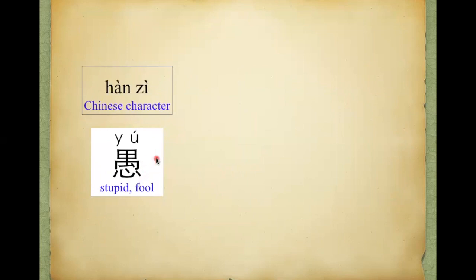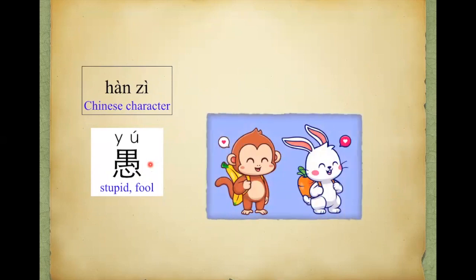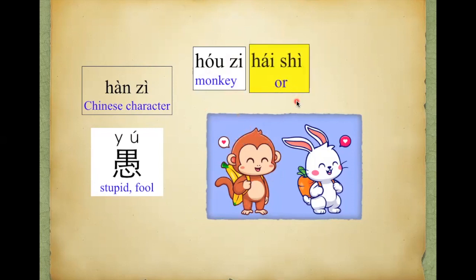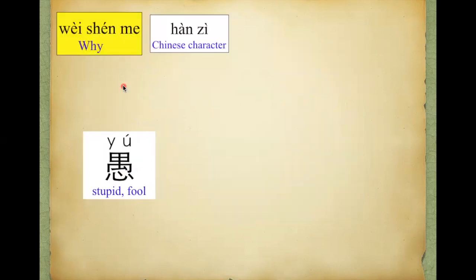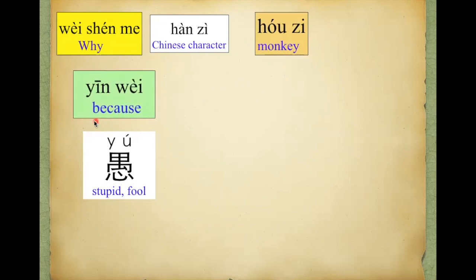汉字鱼 relate to what kind of animal? 猴子还是兔子？汉字鱼 relate to 猴子，猴子。为什么汉字鱼 relate to 猴子？因为